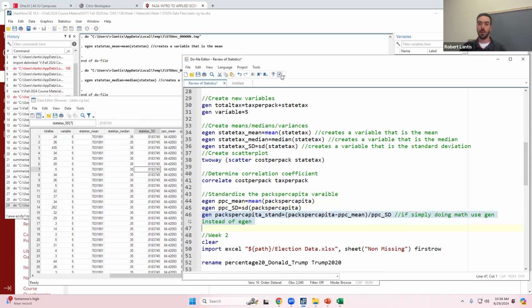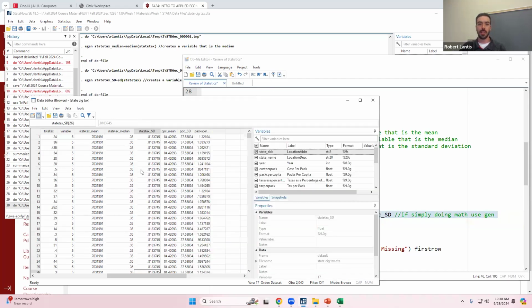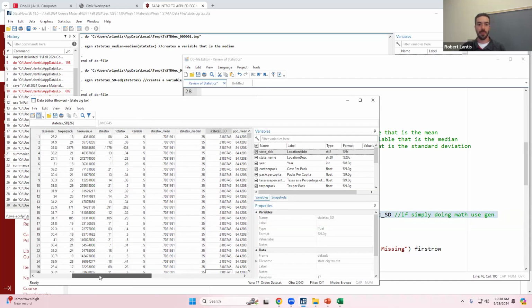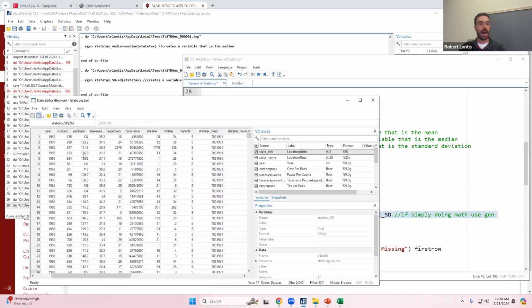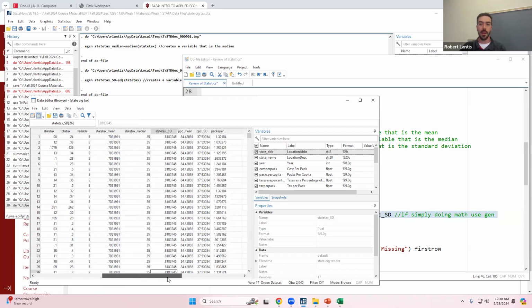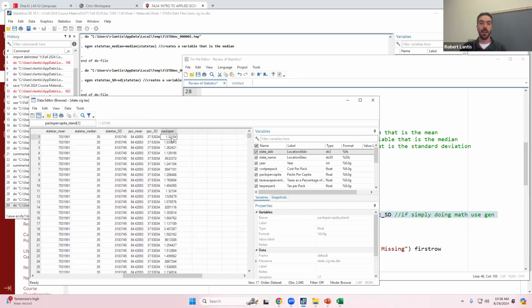So now when I run this code, it has taken these PAX per capita numbers, which I don't know if 139 is a lot, or 89, and I can now say, okay, for this state in this year, it was 1.32 standard deviations away from the mean, and this state was 0.82 standard deviations away from the mean.